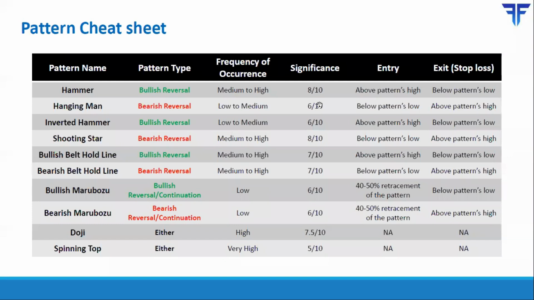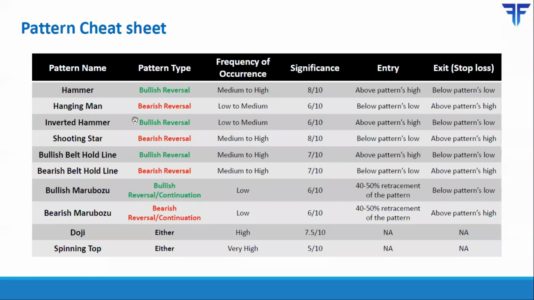So whenever I see a very classic hammer candlestick pattern appearing, I would definitely consider trading it if price breaks above the high of the hammer. Now, when to exit a hammer: you enter, you take a buy position above the high of the hammer in the subsequent candle. And when you take a buy position, you place a stop loss below the low of the hammer.